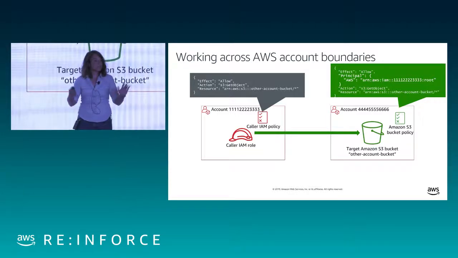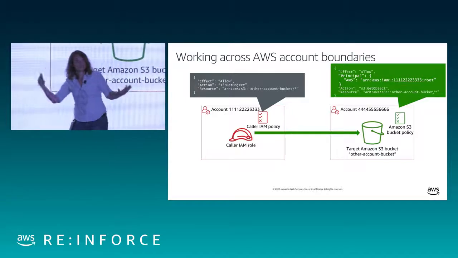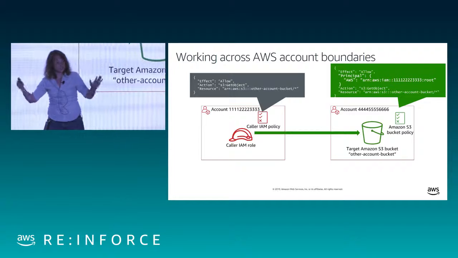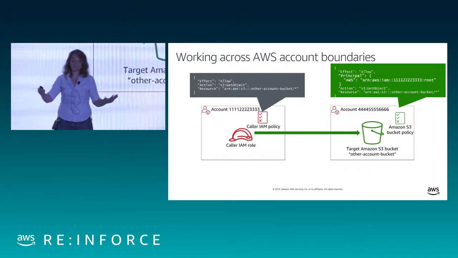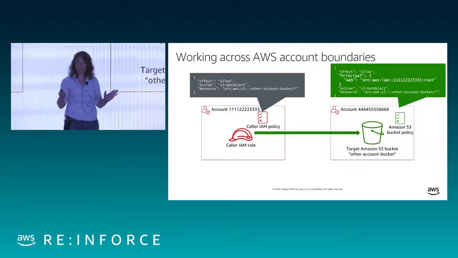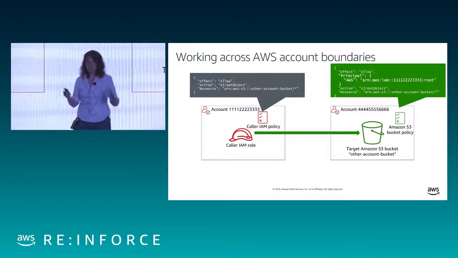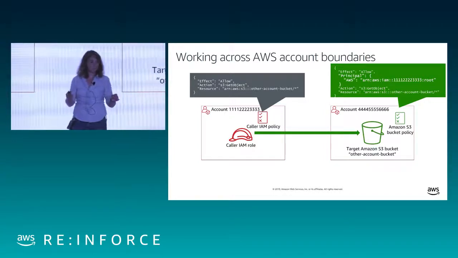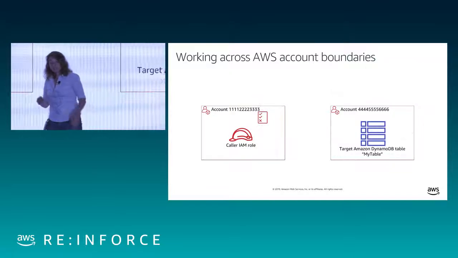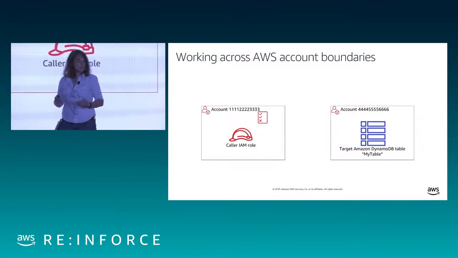So now we have two accounts involved. The principal says they can make the call. The resource says it trusts the account to issue a principal to make the call. And now this call is allowed. So that's what it takes when you're working across accounts. Both sides need to say yes. When you're getting an access denied when working across accounts, when you're troubleshooting, the first thing to look for is both sides.